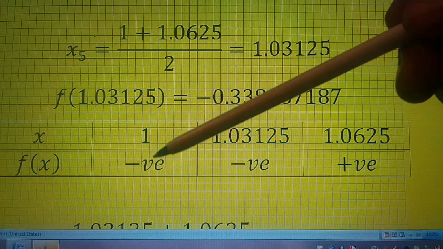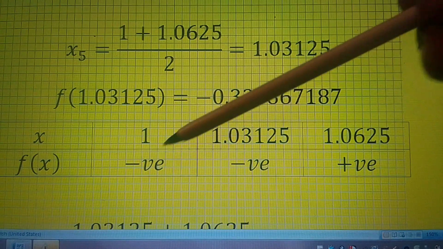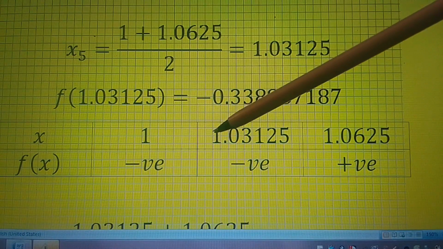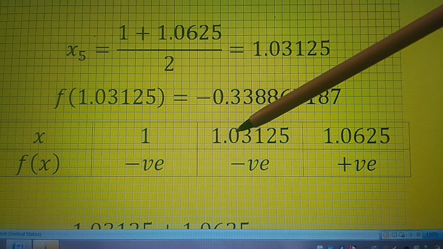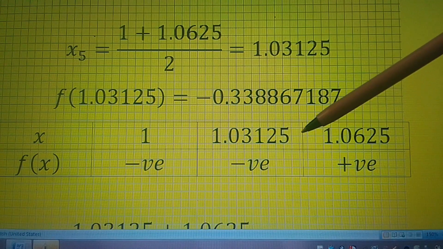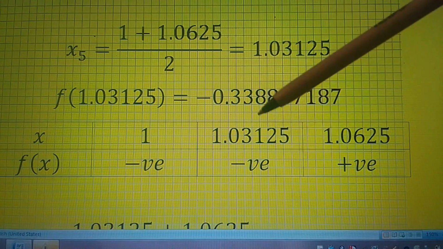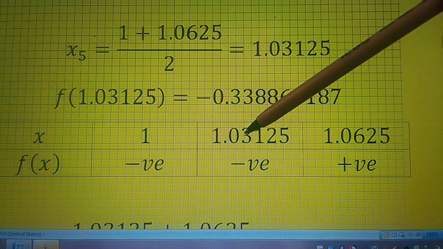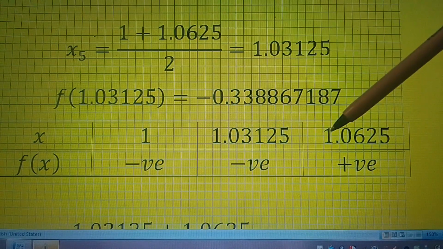Remember, f of 1 was negative, and f of 1.03125 is negative, so the root lies between 1.03125 and